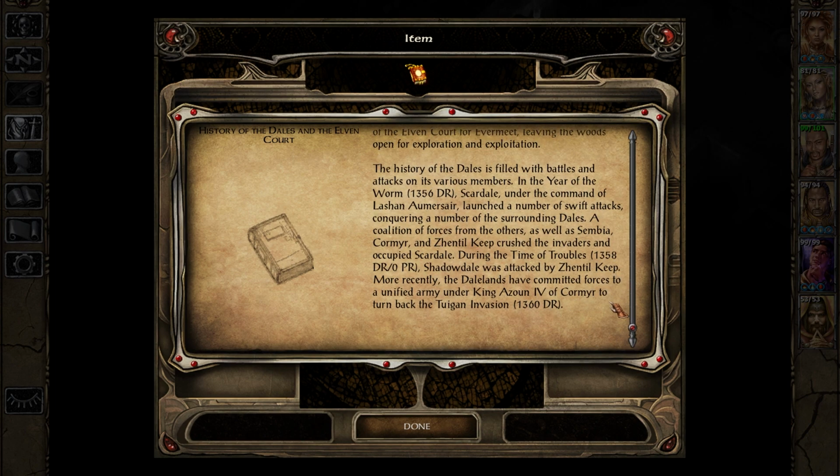The history of the Dales is filled with battles and attacks on its various members. In the Year of the Worm, 1356 DR, Scardale, under the command of Lashan Amercer, launched a number of swift attacks conquering a number of surrounding Dales. A coalition of forces from the others, as well as Sembia, Cormyr, and Zential Keep, crushed the invaders and occupied Scardale. During the Time of Troubles, 1358